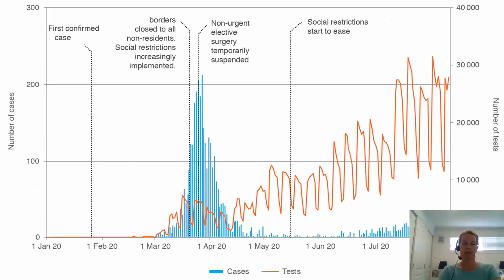Another thing that's nice to do if you're presenting data is to combine a few bits and pieces on the same slide. So we can have our case numbers, we can overlay the number of tests that occurred so that we can also comment on whether it could be a drop-off in testing that means the case numbers are going down rather than that it is actually a true reduction in the number of cases.